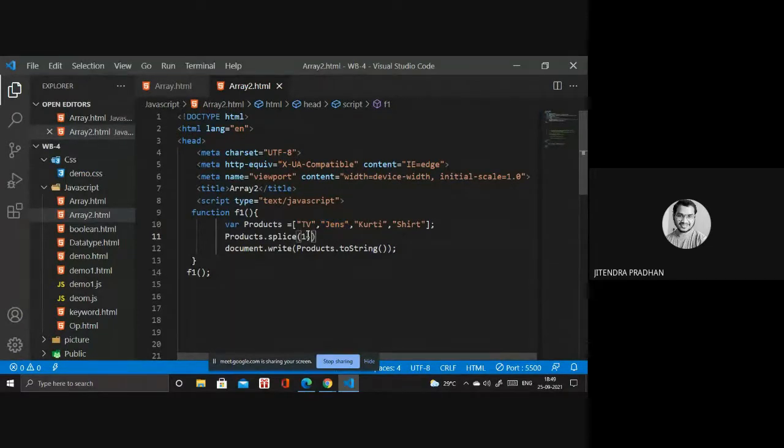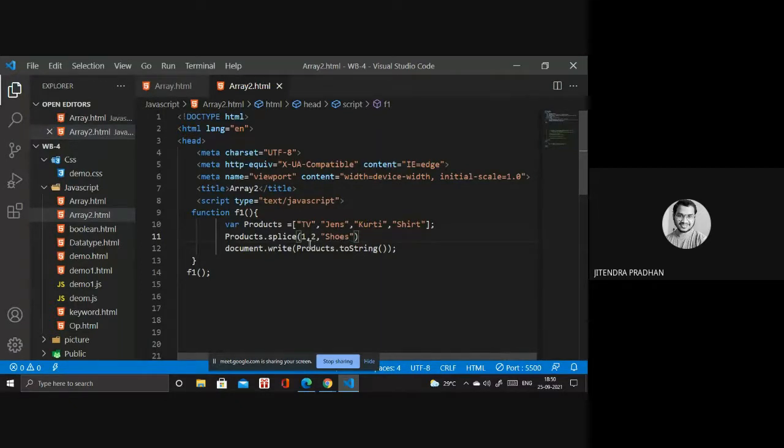After that I want to delete two items. The first item is jeans and the second item is kurti. So next I will write two. Two is my delete count, how many items I want to delete. Okay, we have done. And after that I want to add data inside that. In place of jeans and kurti I want to add shoes, so at the time we have to write shoes.